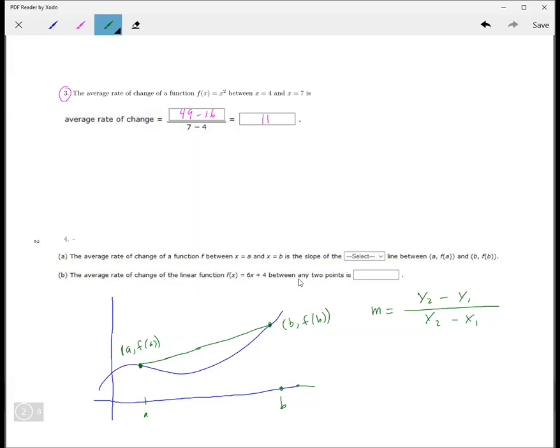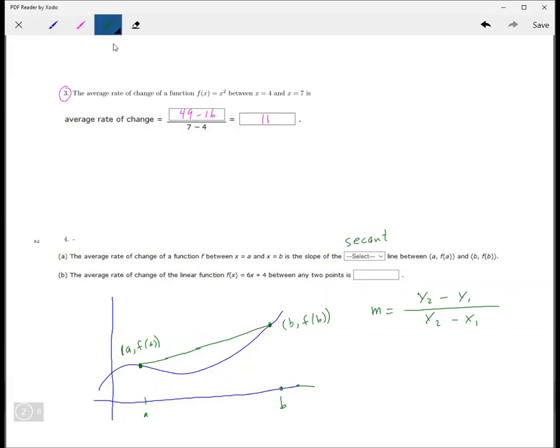This line is called the secant line. Okay, it's called the secant line for some reason. Okay, the average rate of change. So the average rate of change, and this is how you find the slope in general. Okay, now part B,